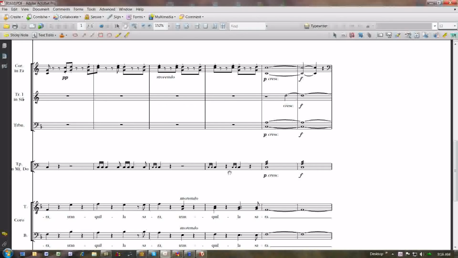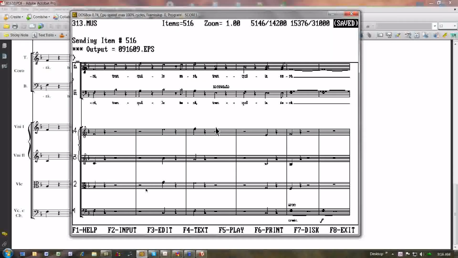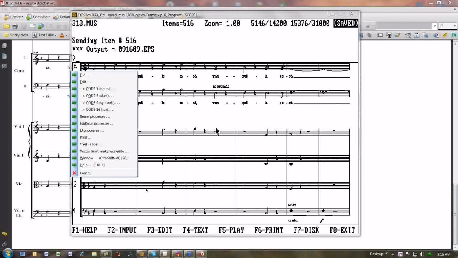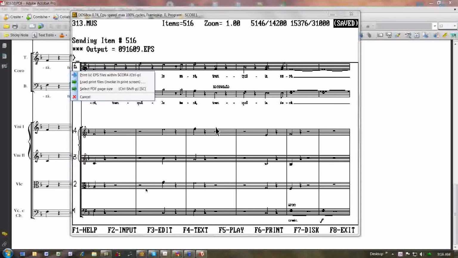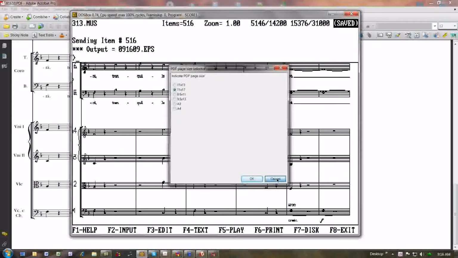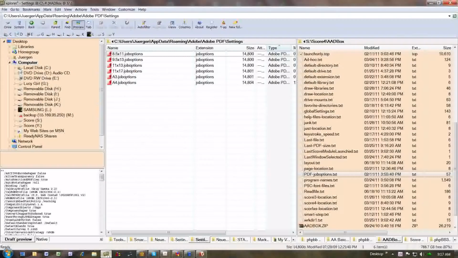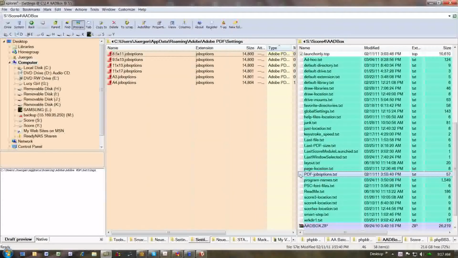Okay. Now, there's several things to keep in mind. First of all, as I was invoking this macro, again, I go into my print menu, select PDF page size. I had an option to choose between different PDF page sizes. The Macro Express gets that information. I've created a support text file that's placed into the ScorBox support directory. That initialization file is called